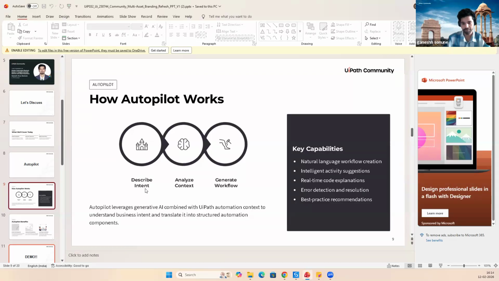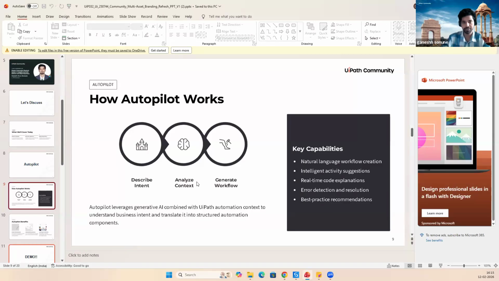Let's suppose someone has created a workflow and we need to debug it. Autopilot will describe the solution, like what exactly that flow is doing, what the RE framework is doing, and what the best practice is. Then for analyzing context, let's suppose we require a link queue or any code solution or activity. Autopilot will give us the solution.